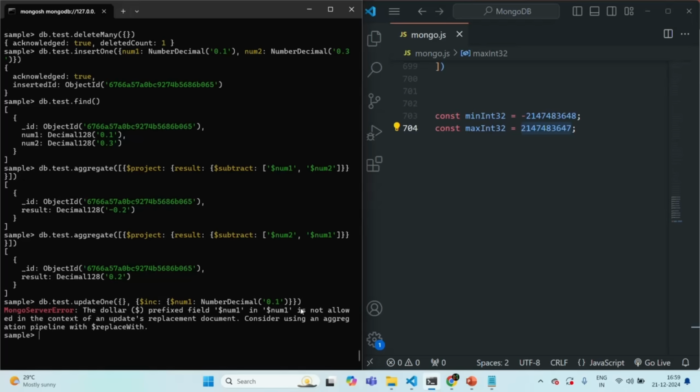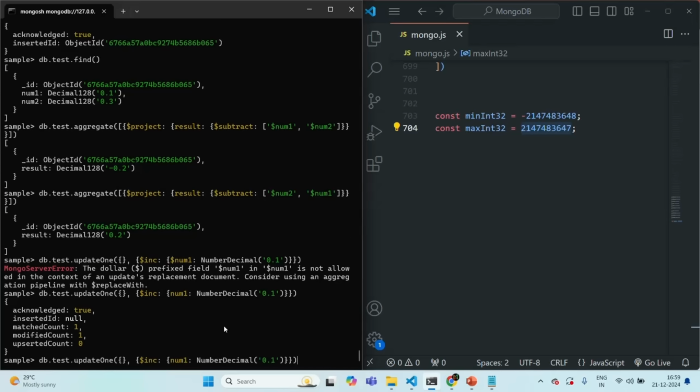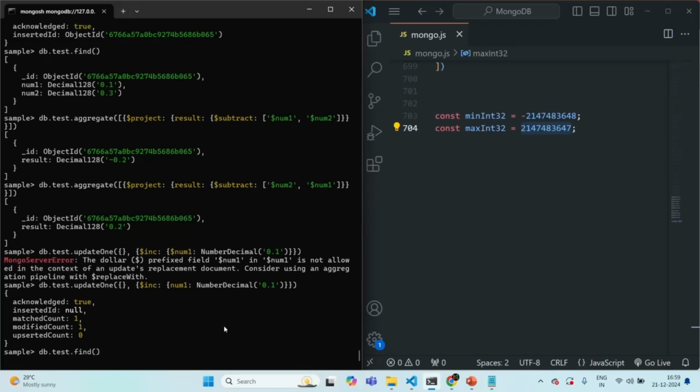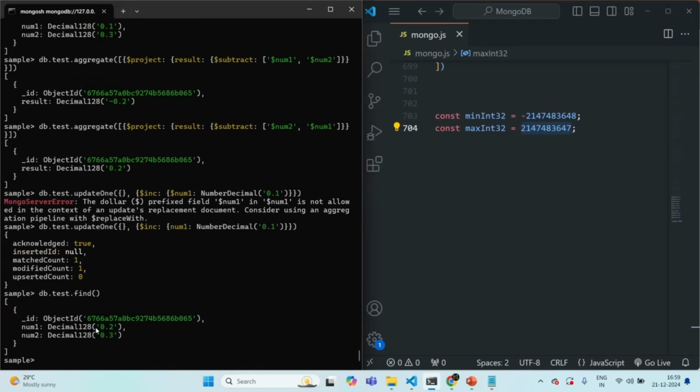So if I run this command, here we have an error, and the error is because here we don't need to use this dollar sign. We can simply specify the field name. And now if I press enter, the document has been modified. And if we query the collection, we will see that the value has incremented to 0.2 and it is still decimal. Okay, but let's say I want to increment the value again, but this time